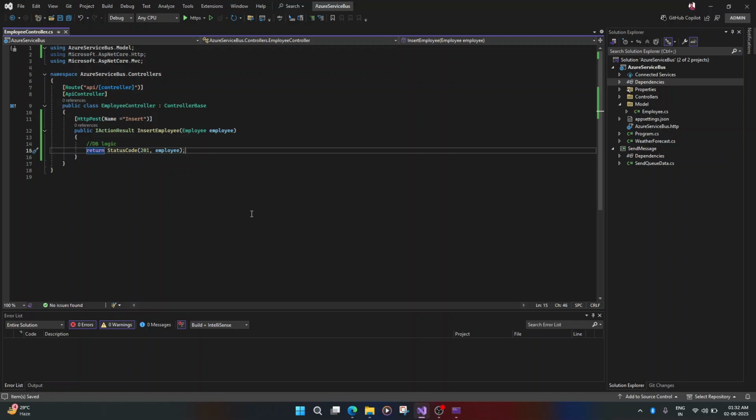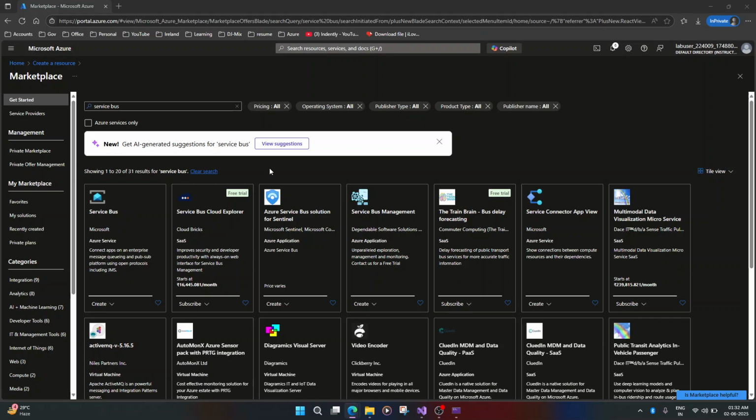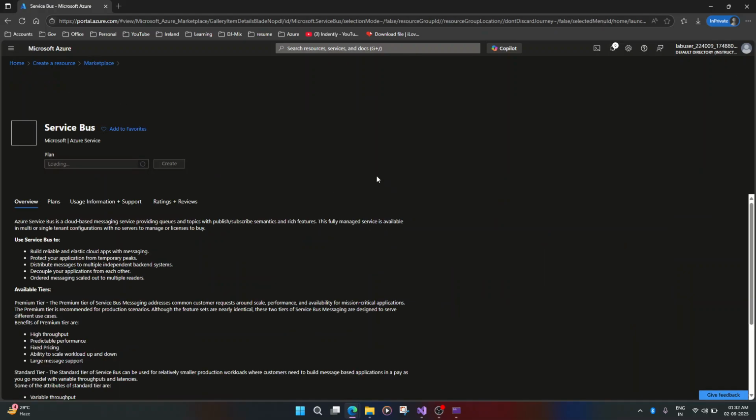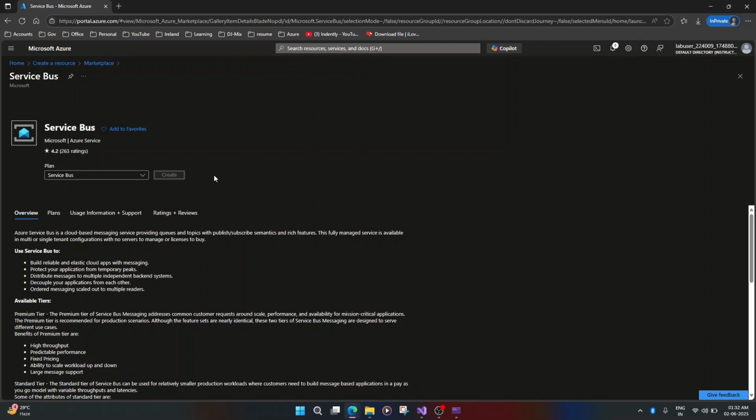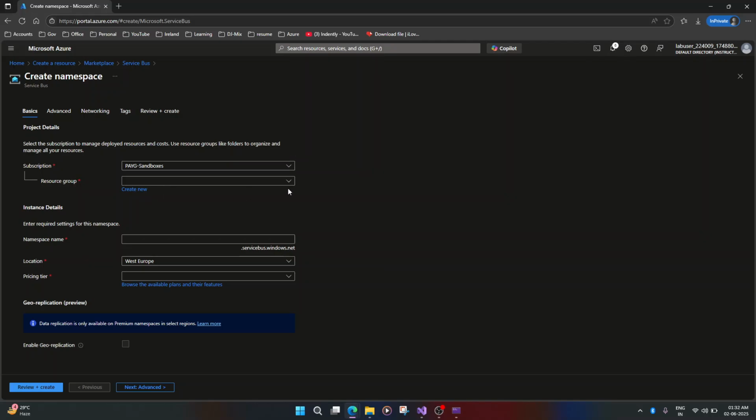Now let's go and create the required services in the Azure portal. I'm going here. You should open Service Bus; you can search for the Service Bus keyword. I'm going here, create. Choose a resource group. I'm going to choose this one. Namespace: what is the namespace for your service bus? I'm going to give a demo service bus